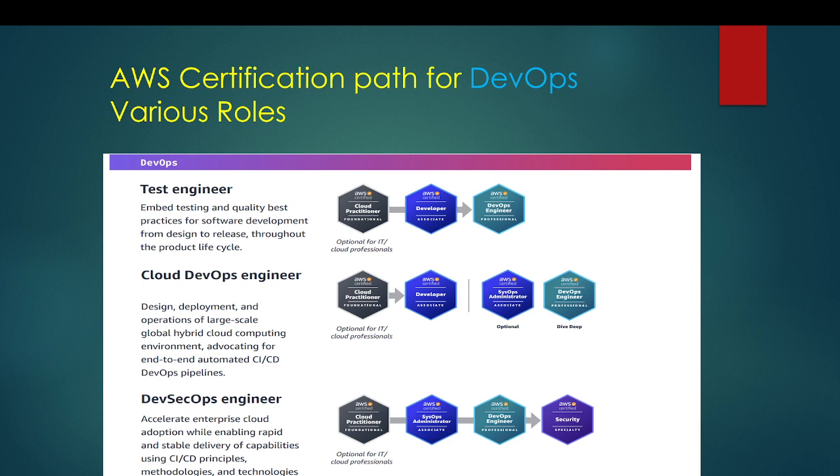For the next one, you see here SysOps Administrator is compulsory. That is the reason I told you the associate level is always there for each and every role. Please consider accordingly and you can do it. Then we have the DevOps Engineer Professional as well as the Security Specialty.